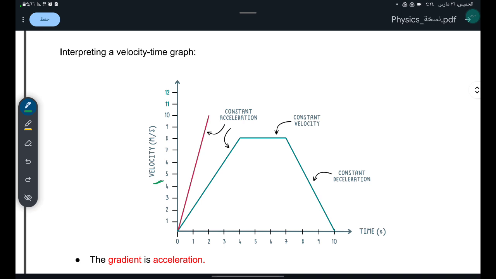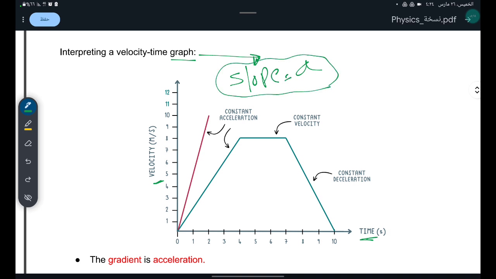Velocity on the vertical axis and time on the horizontal axis. This graph represents acceleration. Slope here equals acceleration. To find the acceleration from the gradient,